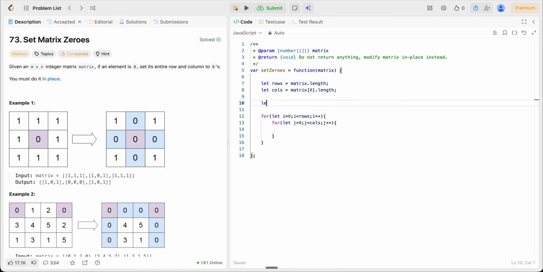So let's also write first row has 0. Initially it will be false, right? If matrix of ij is equals to 0, matrix of